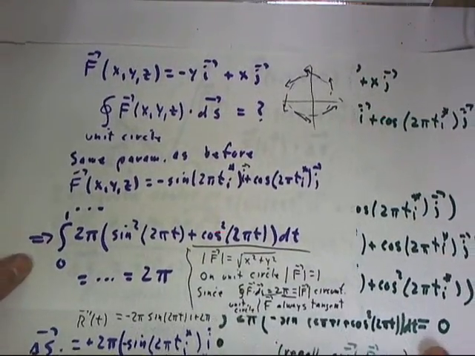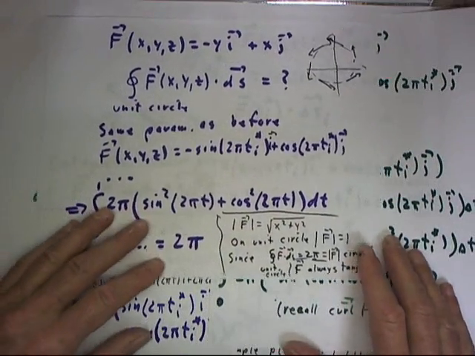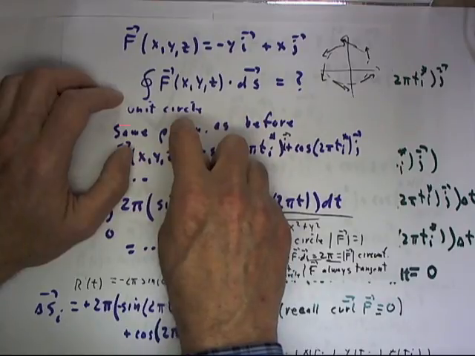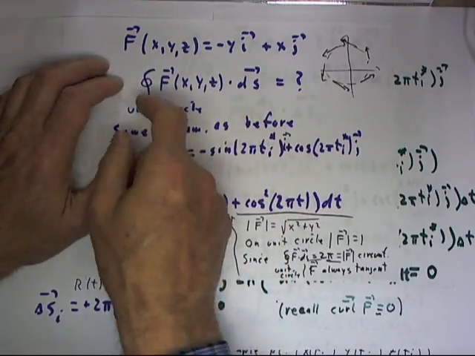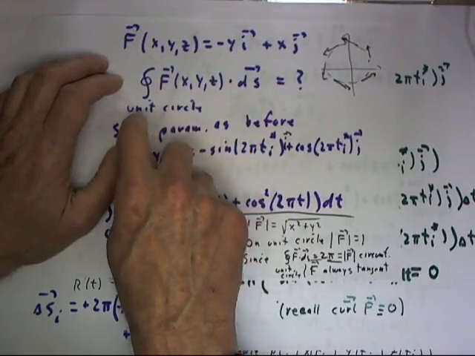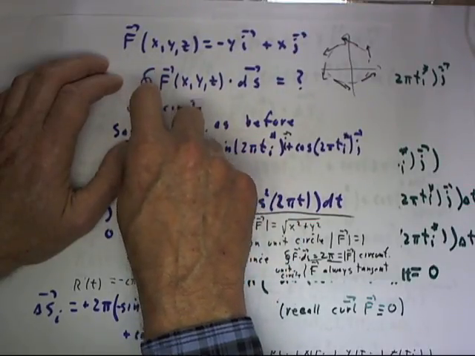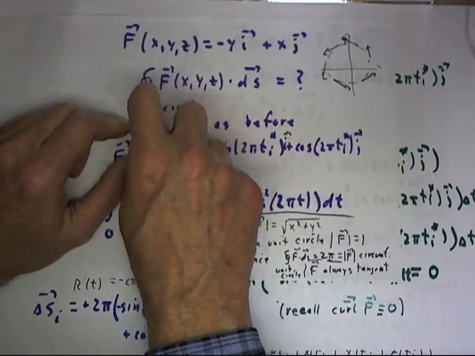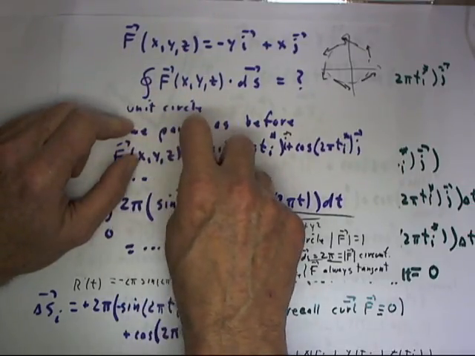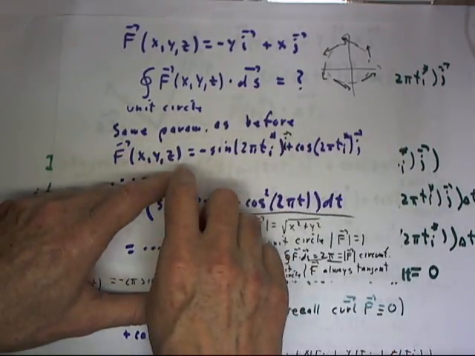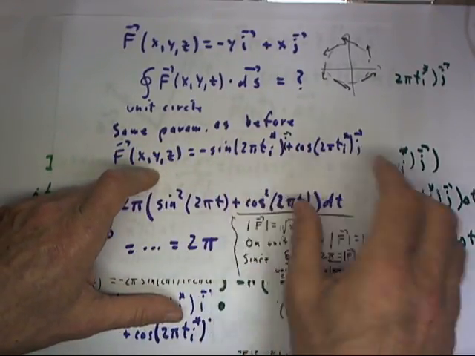Now, our integral is going to be a closed integral around the unit circle. A closed integral is often represented by an integral sign with a small circle, and "unit circle" just indicates that this closed path is the unit circle. Okay, and we're going to use the same parameters as before,